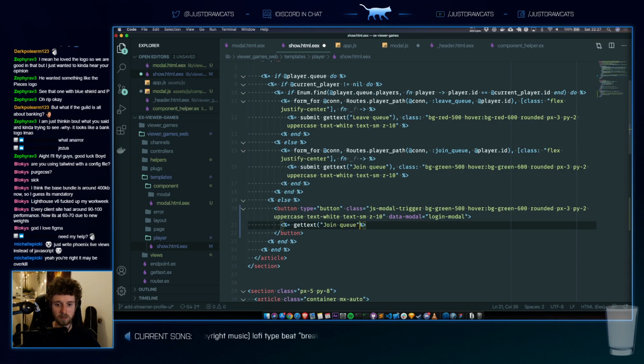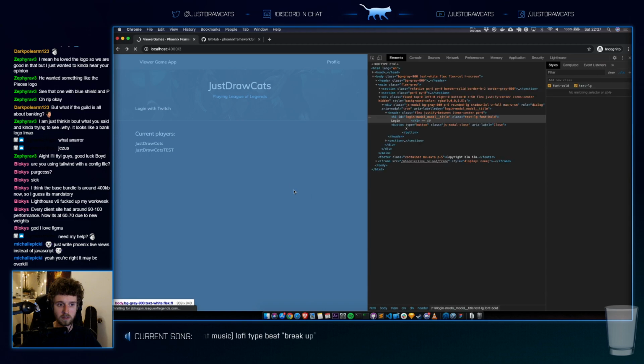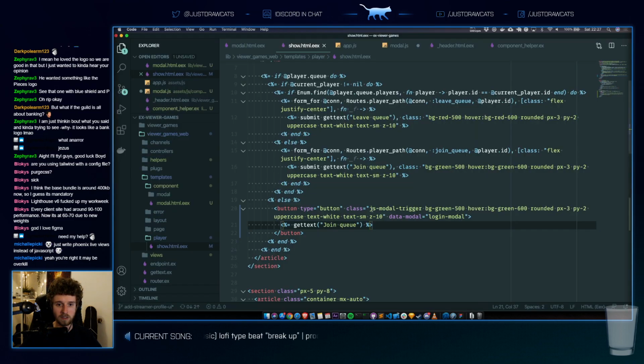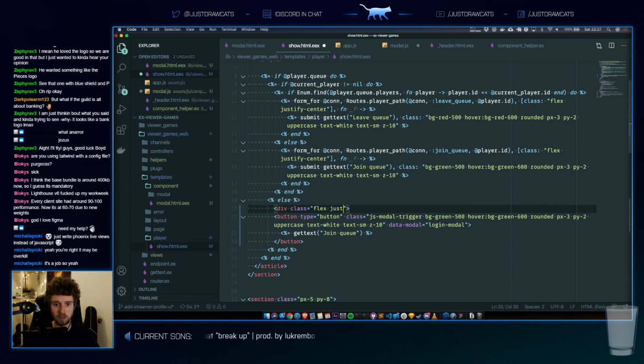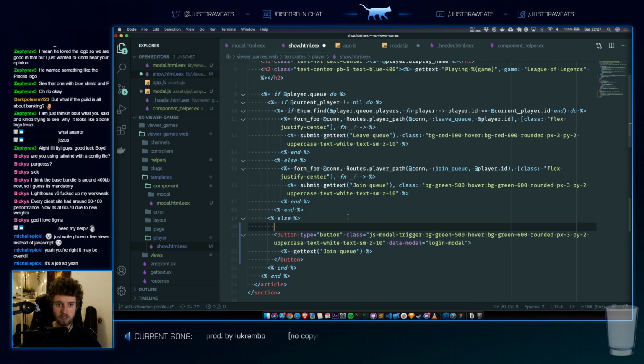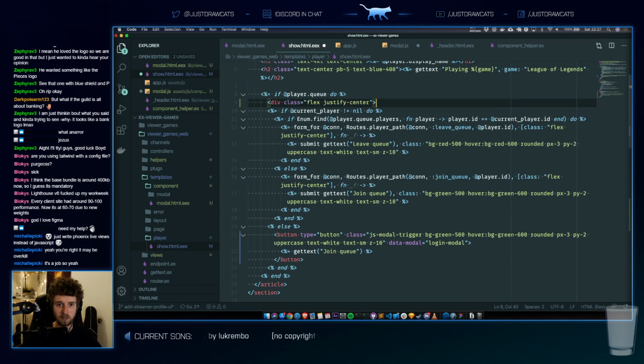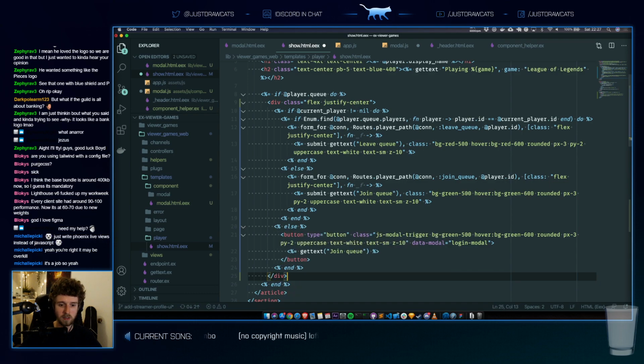Join queue. It doesn't look the same. Oh, it's because this isn't wrapped in a flex justify center. This is the same though for every single thing, so let's just wrap this here so our form doesn't have to care about it. Oh, does that actually work? Because this is flex... we'll see, I think this might still work.